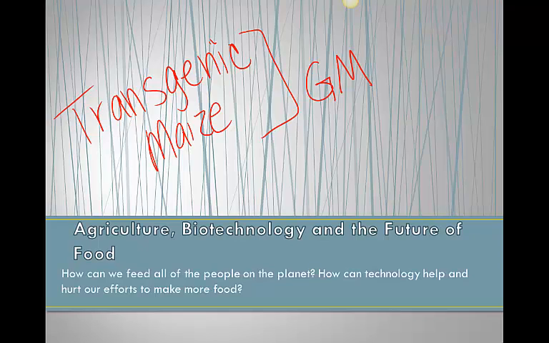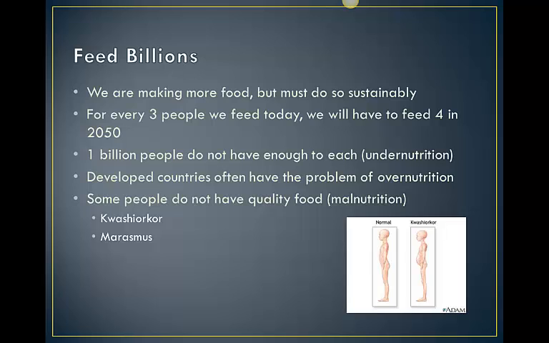So the reason we're talking about agriculture, coming right off of chapter 9, where we discussed a little bit of the history of agriculture, is because we want to focus here more on the current issues on the planet. The current issue is that we have to feed more and more people all the time. We have to make more food all the time. And we want to do so sustainably, to have as little impact as possible on our planet.